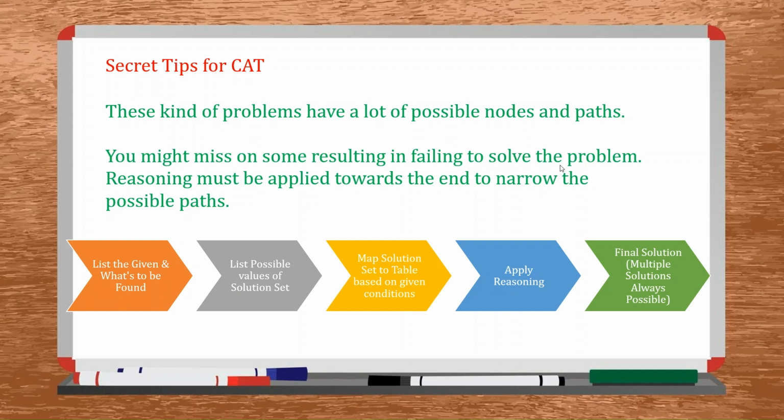So you'll only be able to, let us say, fill out 10 of the 15 values. 5 will still remain empty. But the final solution is only the solution which has the 10 values fixed. The remaining 5 will be floating values. That way you will always have multiple solutions possible. So always remember there could be multiple solutions possible. So never give up on any of the scenarios. Always consider all the scenarios. So using this 5 steps approach,